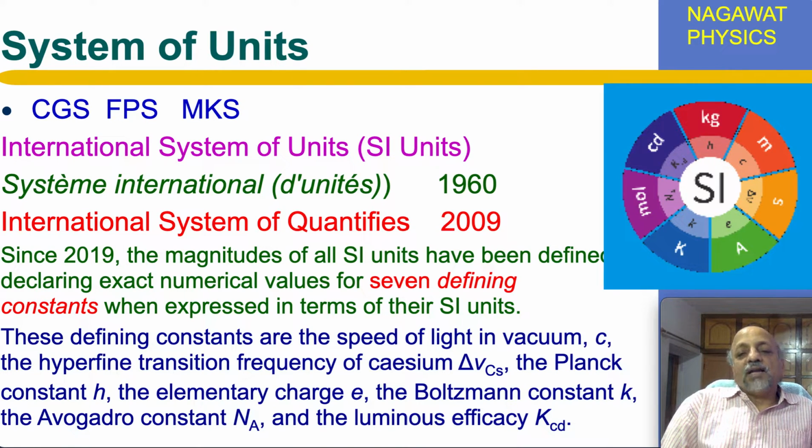agreed to define all these 7 base SI unit in terms of the physical constants, the constants which can be precisely measured in experiments and which are very important also in deliberations of the experiment. So we use this physical constants, defining constants, to define these 7 base units which have been identified. Before that, in 2009, we have agreed to what is called International System of Quantities for how to specify physical quantities. The entire agreement is